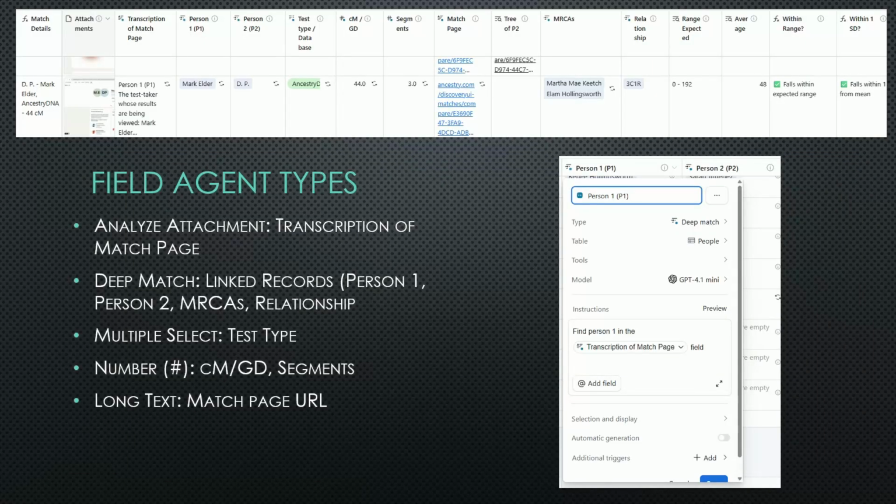So looking at all the field types here that got changed, for the transcription of match page, I moved the attachment and the transcription to the far left so that those would be the first things. So in the new workflow, I now will upload an attachment or paste the screenshot. Then I have the transcription of the match page, which is the field type analyze attachment, and it just